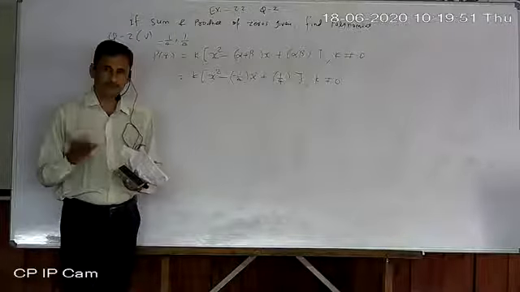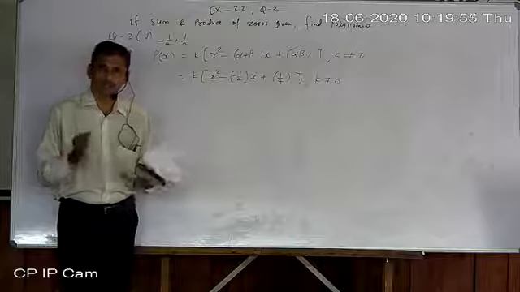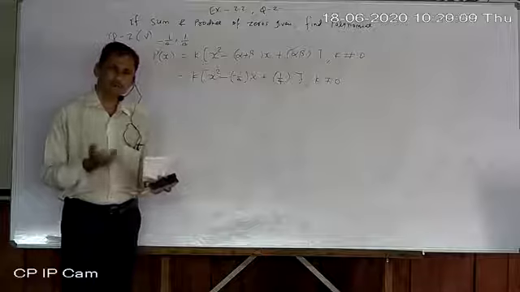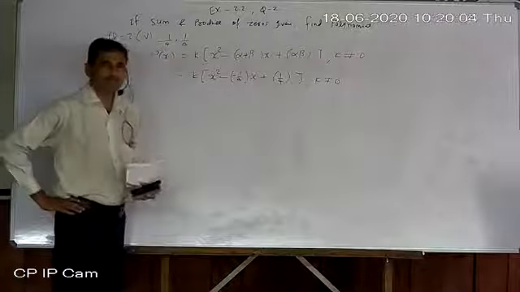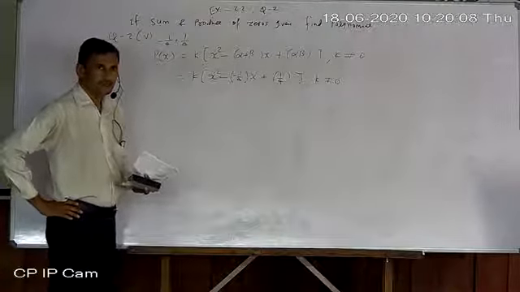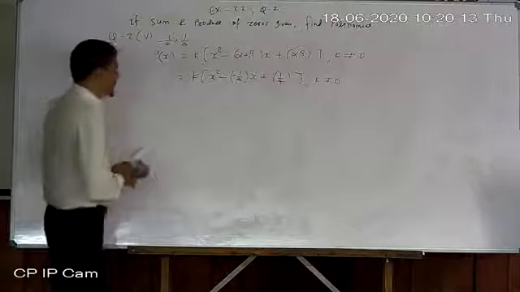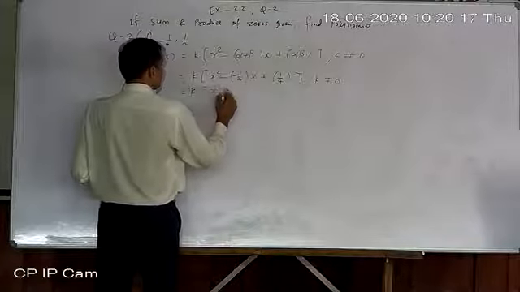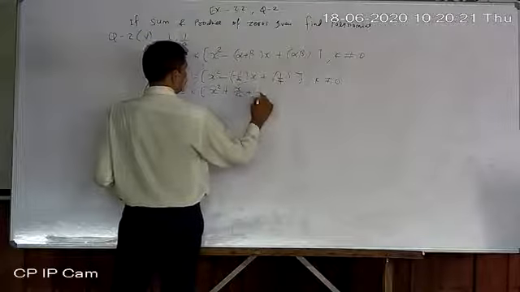Sometimes you think, what is the need of a bracket whenever a positive number is there? But keep the habit. Whenever a minus number, a negative number, is there, at that time it is very necessary. That's why you should get used to placing the value in bracket only. Now simplify. So it becomes x square plus x by 4 minus minus plus 1 by 4.